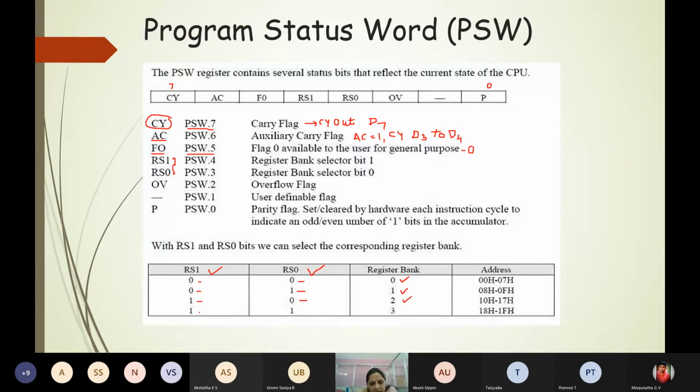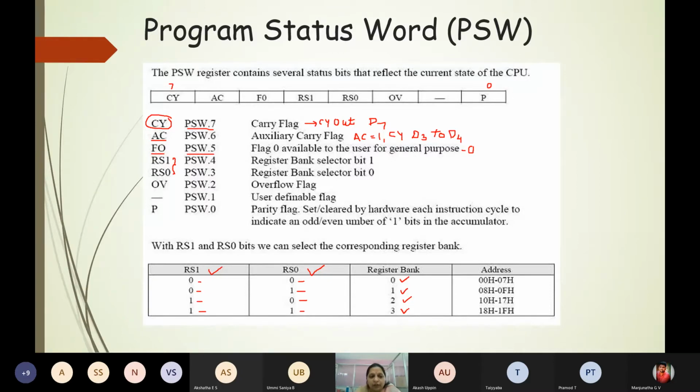If RS1 is 1 and RS0 is 1, register bank 3 is selected. So which register bank we are currently accessing is based on the bits RS1 and RS0: 0 0 bank 0, 0 1 bank 1, 1 0 bank 2, 1 1 bank 3.